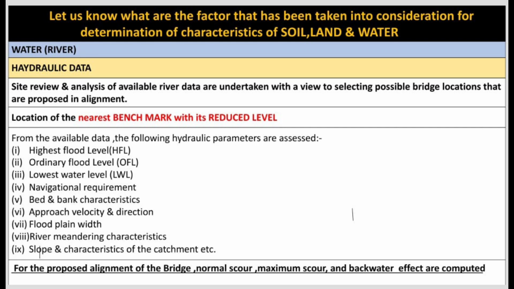These data are very important in the bridge design and an important factor in deciding the depth of the foundation, and also an important source of conflict with the contractor. So please be very careful in deciding these data. Once all possible analysis is done, freeze the data and don't give any space to the contractor to generate conflict. One more important point is the meandering nature of the river, which is also a major point of conflict. So please go through these data very carefully.